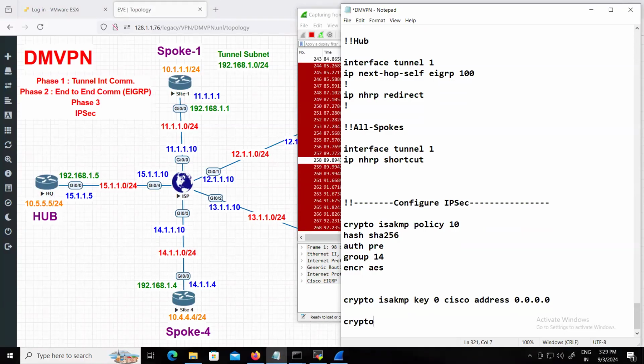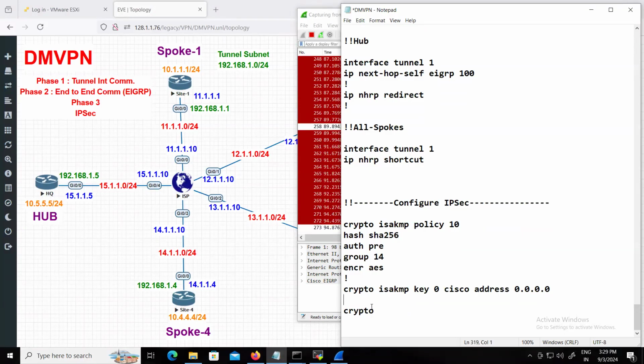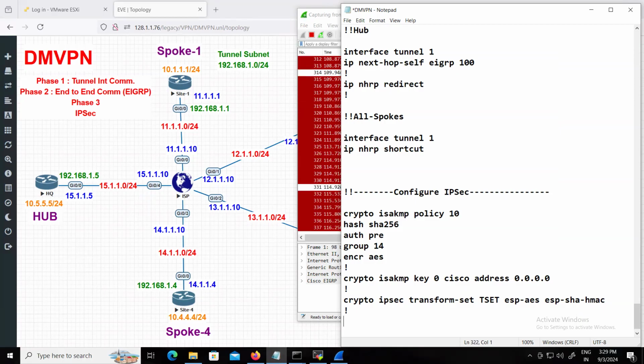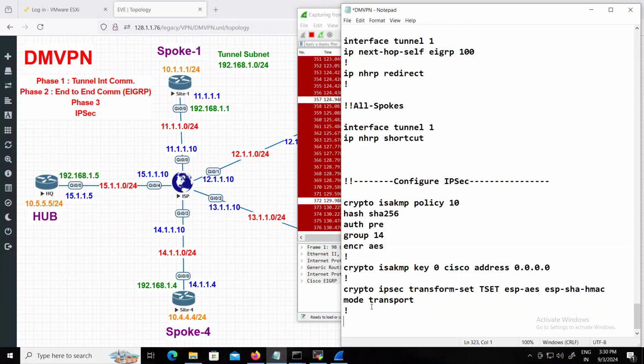Then you will say crypto IPsec transform set. Now here, if you want to change the mode to transport mode, that also you can do it. So we can simply say mode transport. Then after that,